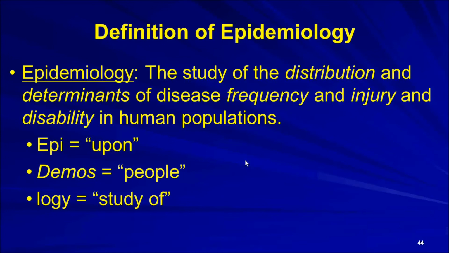Now, it doesn't mean that we don't use research from lower organisms to help inform epidemiology, but the primary focus of epidemiology, like many of the social sciences, the main thrust is on people. And so I don't want you to get confused and think that there's any other focus. I should say that the primary focus is people and not lower organisms. So, more specifically, we focus on human populations.